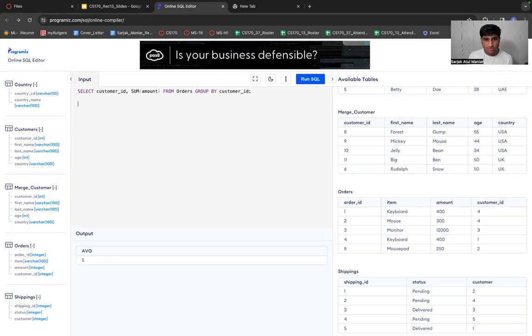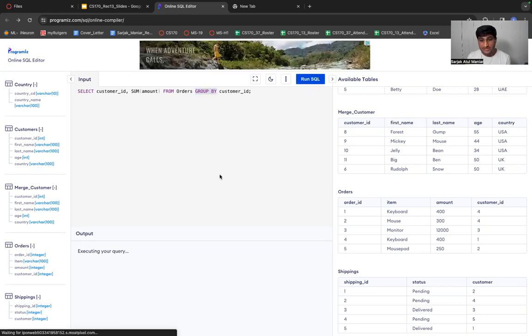Now you are at the stage where you will be able to understand this SQL query. Selecting the columns customer ID and the summation of the amount. Sum is the aggregate function we have used for the amount column from orders. Orders is the table name. And now this is something new: group by customer ID. What do you mean by group by? For that purpose, let's quickly see the output.